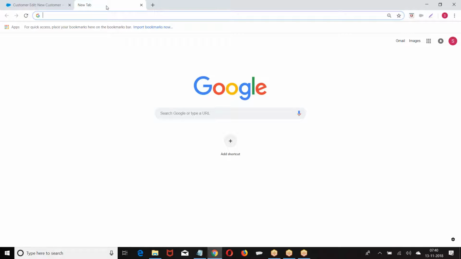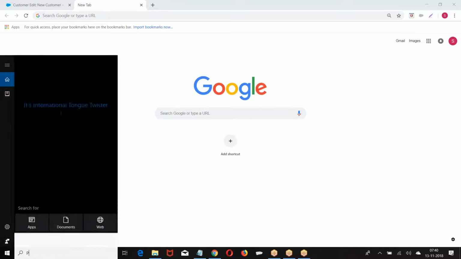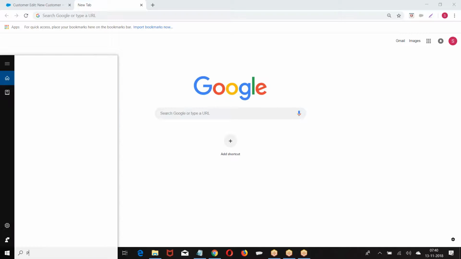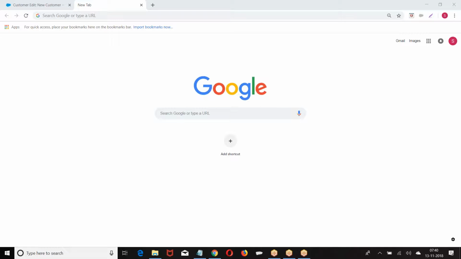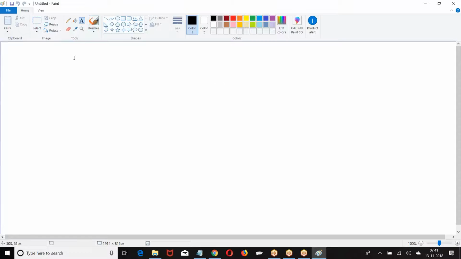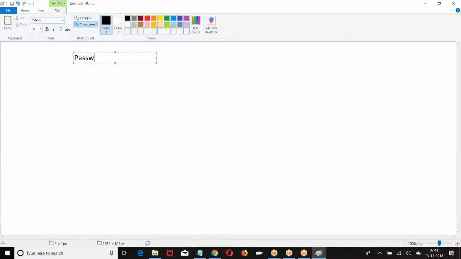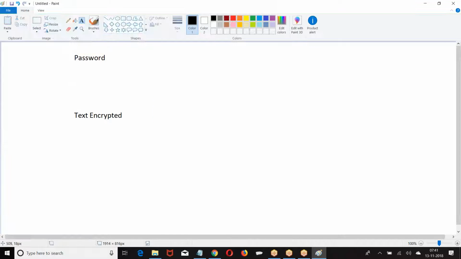Now, generally, we have password format, right? When you say password format, what will happen? There are two types of formats we have. One is a password, other one is a text encrypted. When I say password, what do you mean by password? Let us say this is the database table we have.